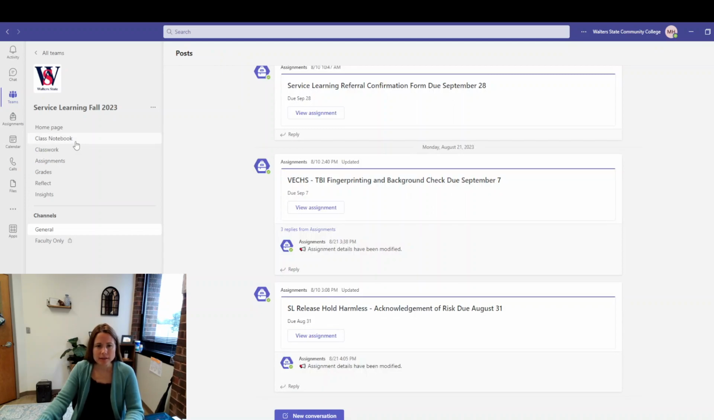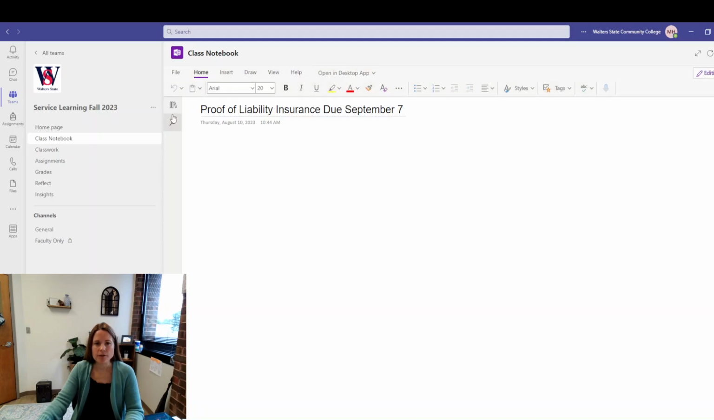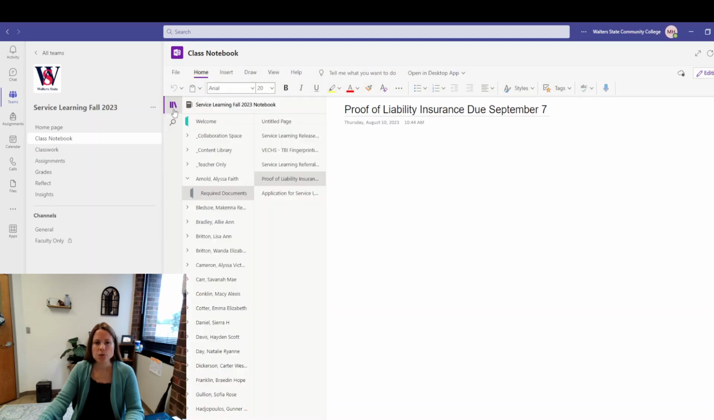So you always click on Class Notebook once you get into the Service Learning Teams, and it'll be called Service Learning Fall 2023. And once you're in that team, it will load after you click Class Notebook. It's going to load, and then you will see a bookshelf on the top left corner, which is where you will click. Then you will find your name,